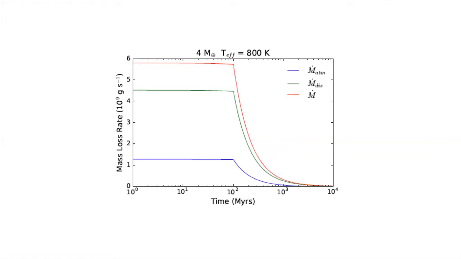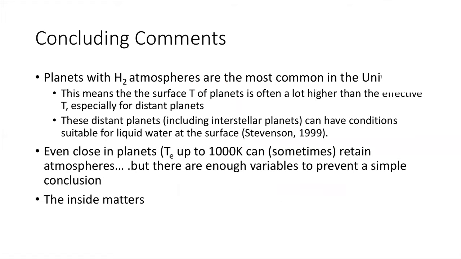The fact that you have a flat line here is simply because in the model that most people use, the XUV flux is not changing much in the first 100 million years, and then drops off as a power law. So that's the shape of the curve. But the important thing of this message is the big difference between a model where you only lose gas from the atmosphere and a model where you can lose gas from the interior. And that's better explained here,